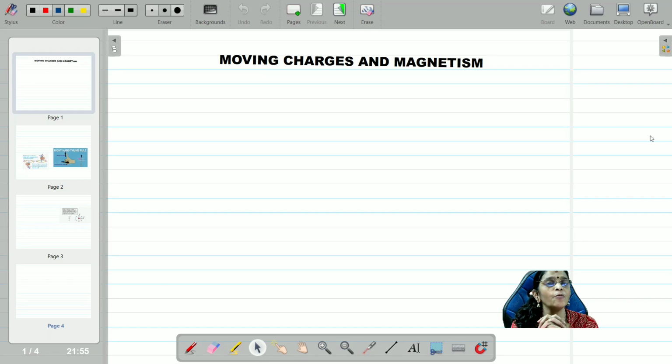We have seen in the first lesson, electrostatics. Do you all know what electrostatics is, children? We have learned so many concepts in electrostatics, like charges, properties of charges, quantization of charge, Coulomb's law, electric field direction. So many concepts, all about static charge, stationary charge. And we all very well know that stationary charges produce an electric field.